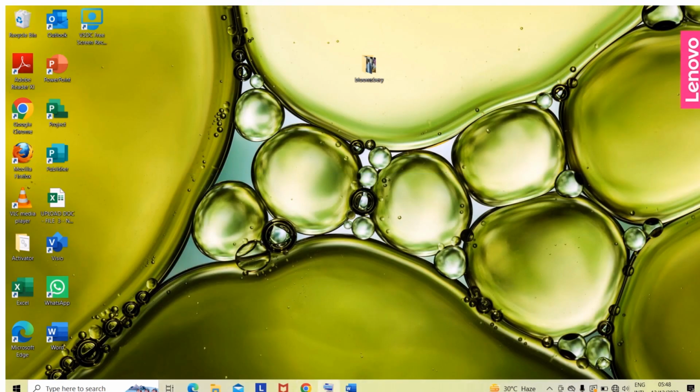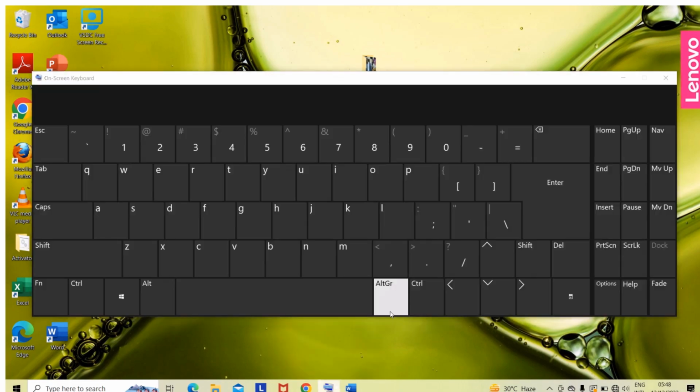Just go to your keyboard, and what you press is just two simple keys. You press your Windows button plus your print screen. Windows button plus your print screen.